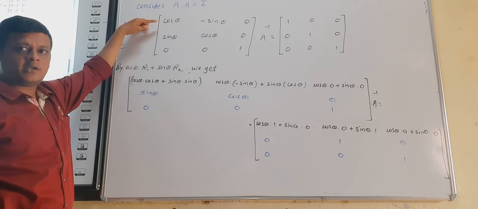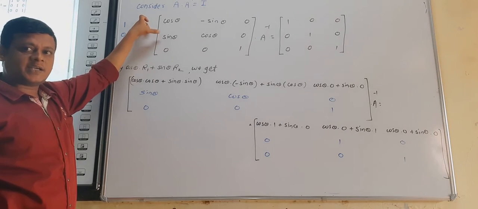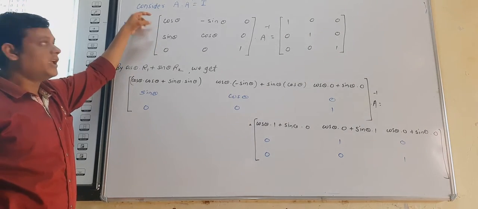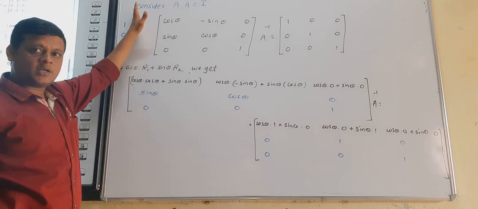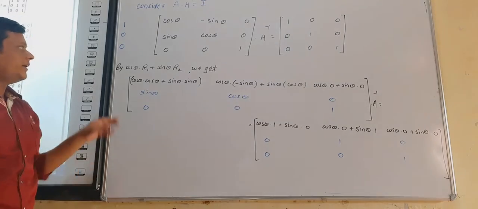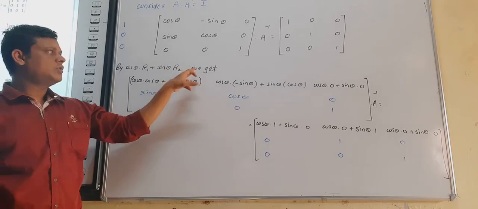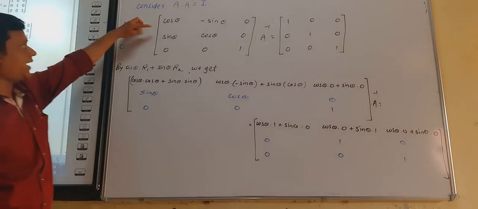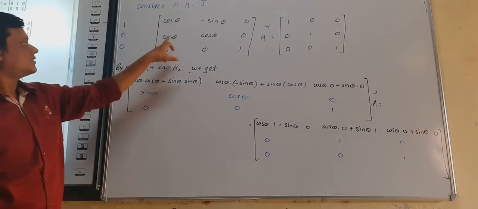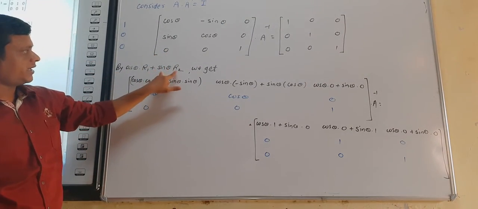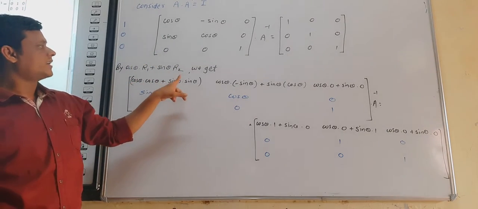So we get cos theta into cos theta, cos square theta. Here if we multiply by sin theta, sin theta into sin theta is sin square theta. If we add these two rows, then we get cos square theta plus sin square theta equals 1. So we use the elementary transformation, cos theta into R1 plus sin theta into R2 we get. So after multiplying this first row by cos theta, cos theta into cos theta plus sin theta into sin theta into R2, here sin theta. So we get cos theta into cos theta plus sin theta into sin theta.